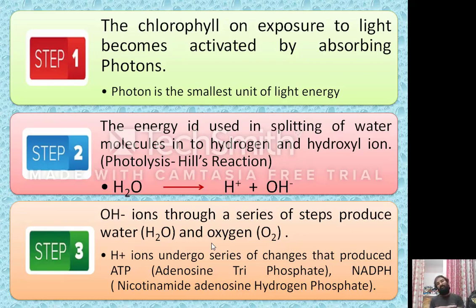As well as NADPH plus, nicotinamide adenine dinucleotide phosphate hydrogen. Actually, NADP, nicotinamide adenine dinucleotide phosphate, is reduced to form NADPH by the use of H plus ions. So the end product of the light phase is ATP and NADPH, and these two molecules are called assimilatory